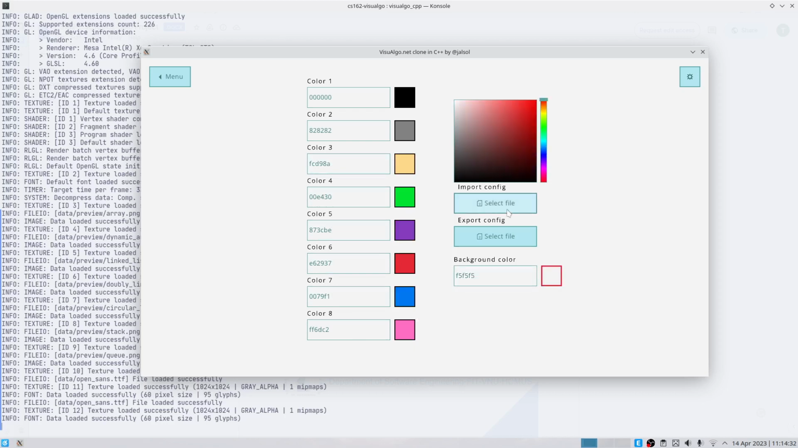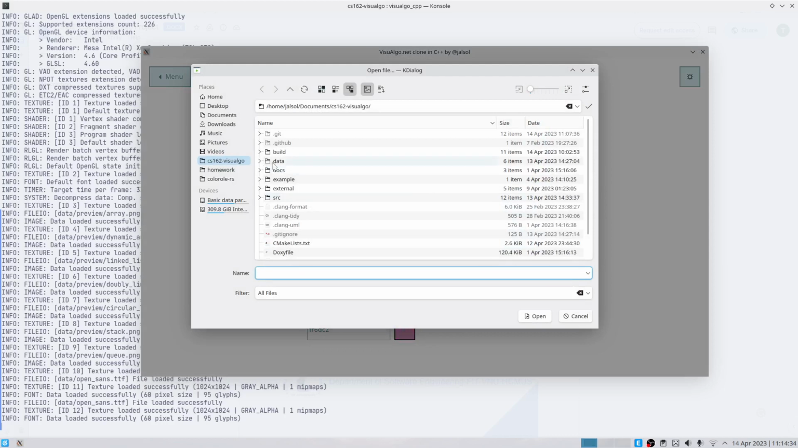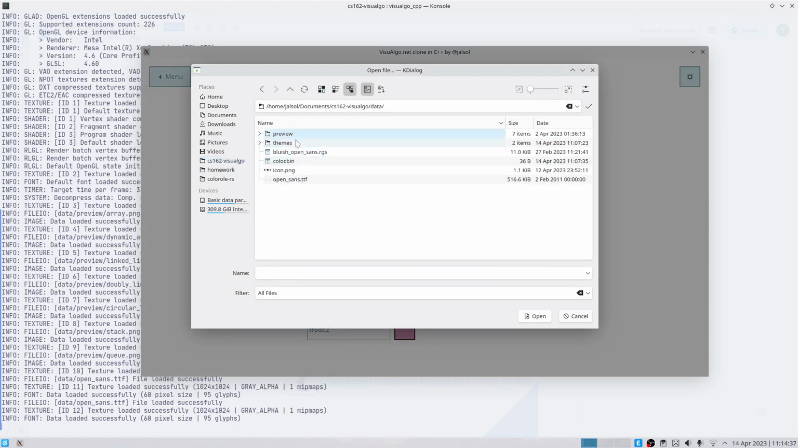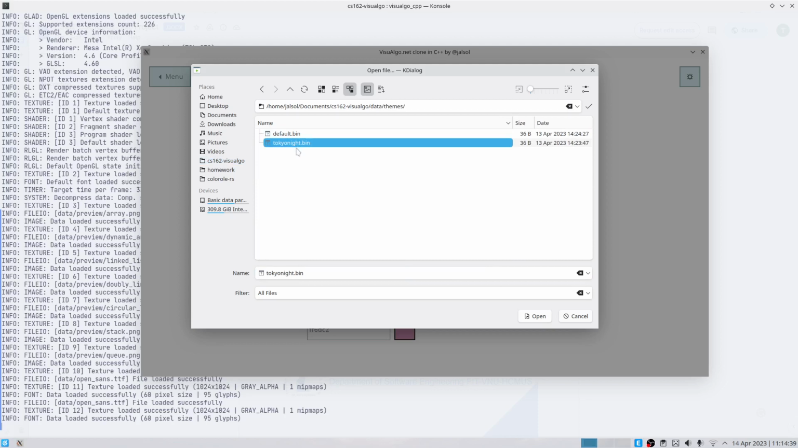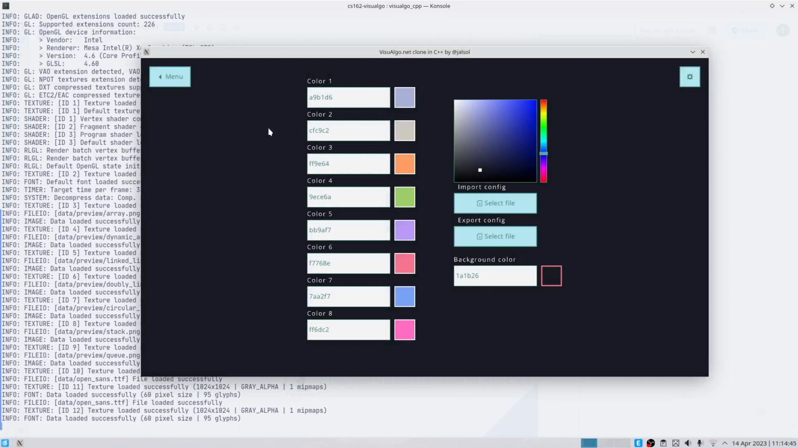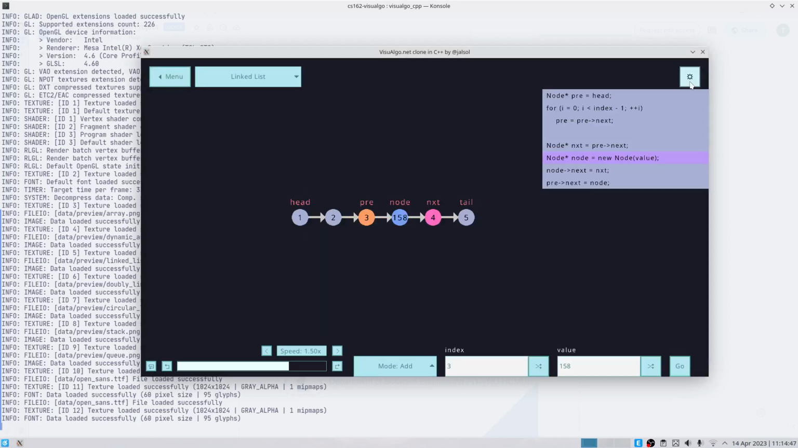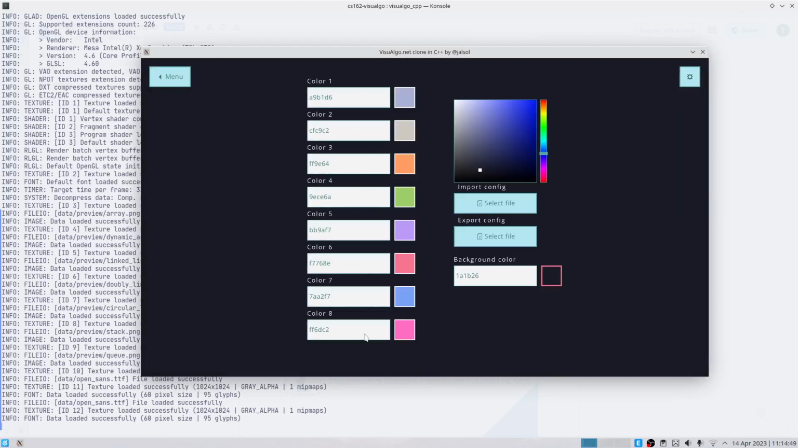You can select a pre-configured color. Let's say I go here. I have prepared Tokyo Night. It's a pretty cool dark theme that I used in the past. Select this. It's all dark. See, the colors are all dark. That's very cool. Or you can also share your configurations with other people,